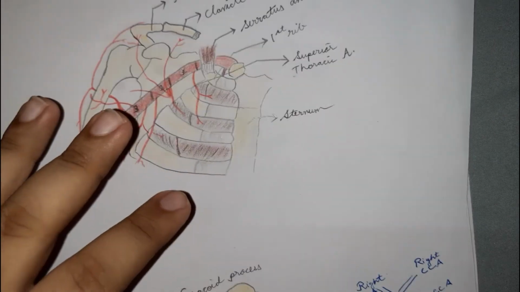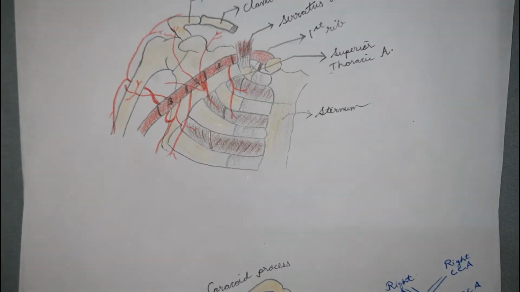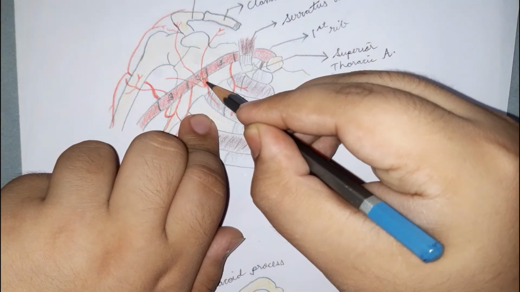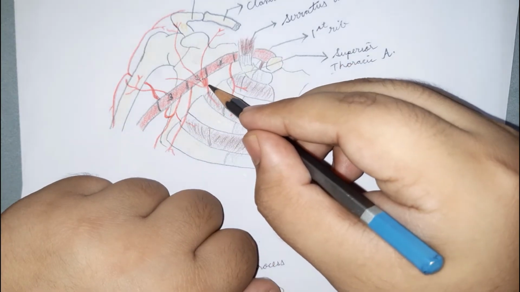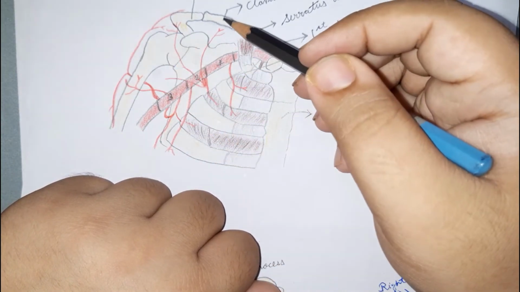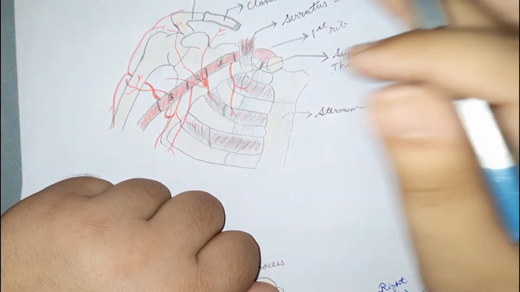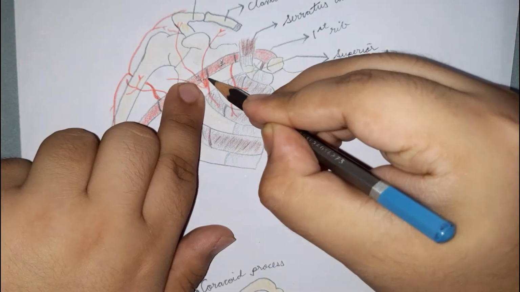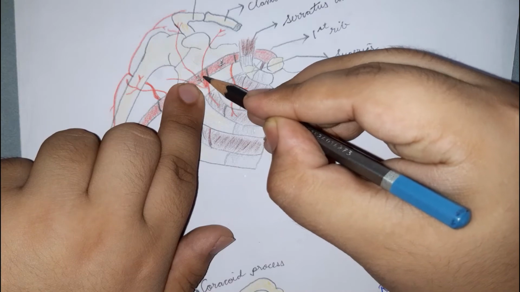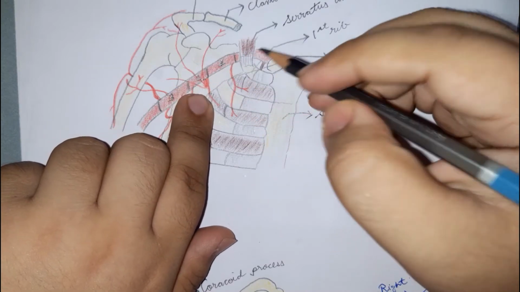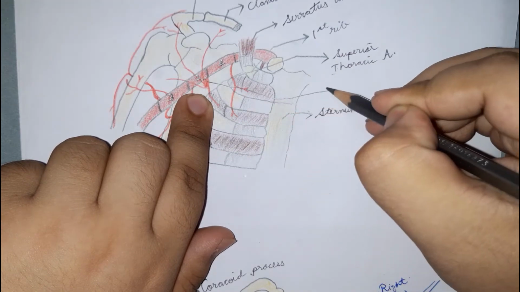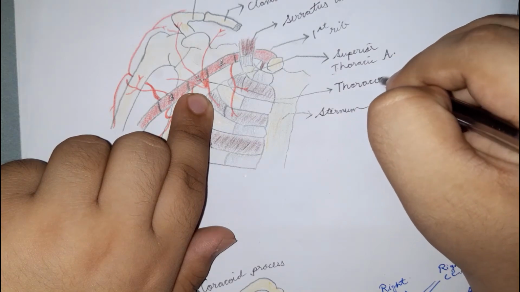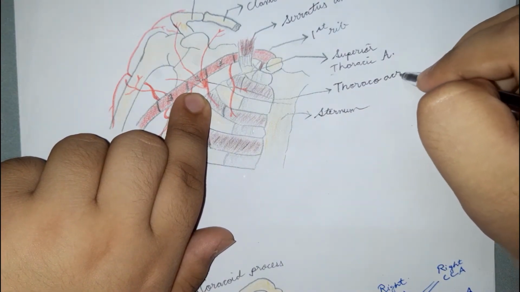Second part. Now, second part has two branches. One of those branches is this thick. I've made it thick intentionally because this thick branch itself has again 4 sub branches. But don't get paranoid about this. The branches are very simple. First, let us name the actual branch. This thick branch, which is arising from the second part, is labeled as the thoracoacromial artery